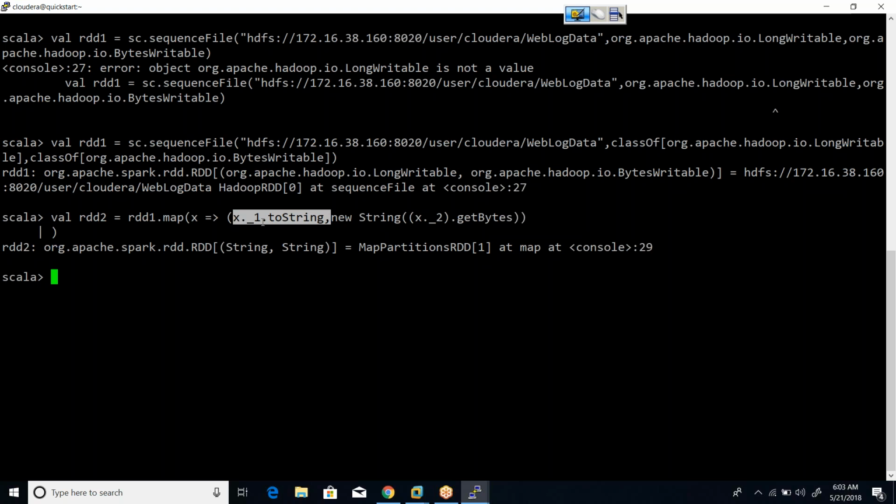So that is the reason we need to convert into, first, an understandable form, that is called a string. Later we can convert the data types to whatever we want, but initially, even though it is long, do not use long. Use toString only. Why? Because this is a basic conversion from Hadoop format data to Spark understandable format of data. Okay, so we are reading that key as string, and